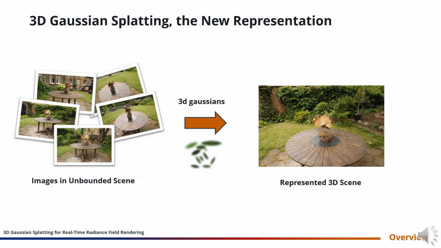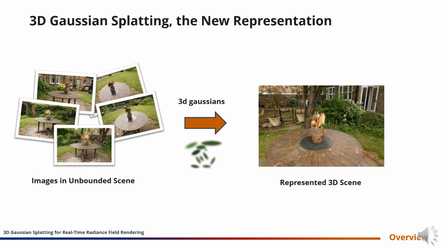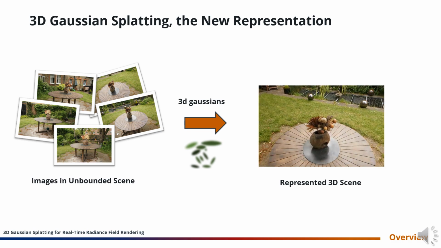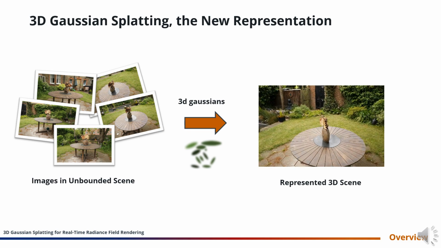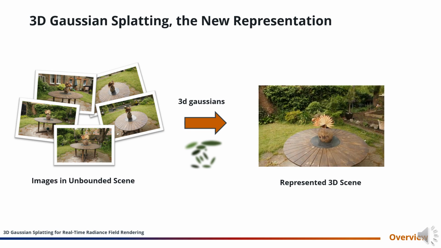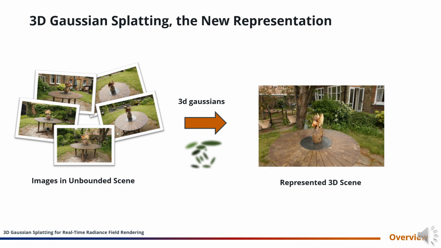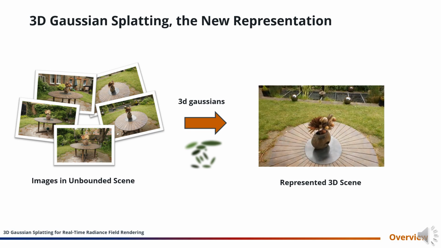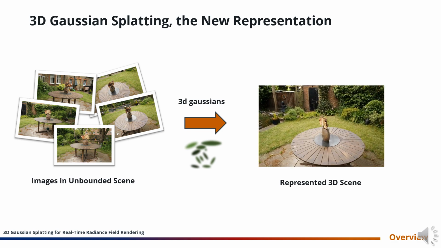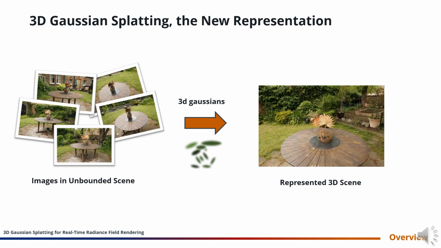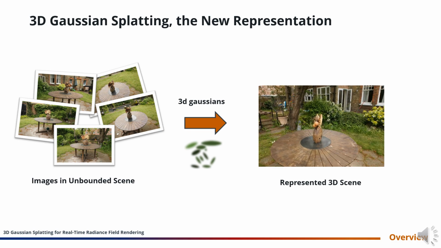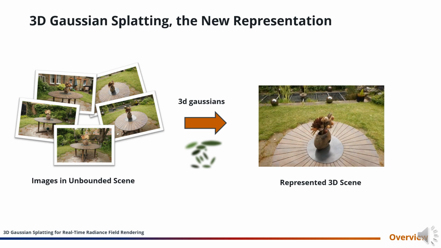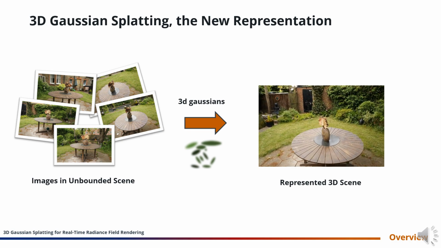Recent progress in point-based 3D Gaussian Splatting, or 3D GS, has brought photorealistic rendering quality to the real-time level, even for complex scenes. The authors propose representing the scene as explicit 3D Gaussians with specific properties to model the scene. The 2D images are efficiently rendered using a technique named splatting. The optimal balance between speed and quality indicates a potential trend to use 3D GS as a new representation for